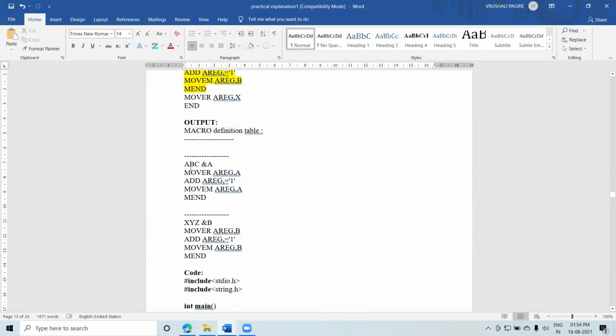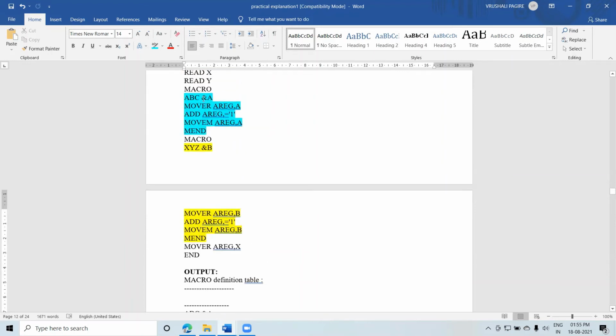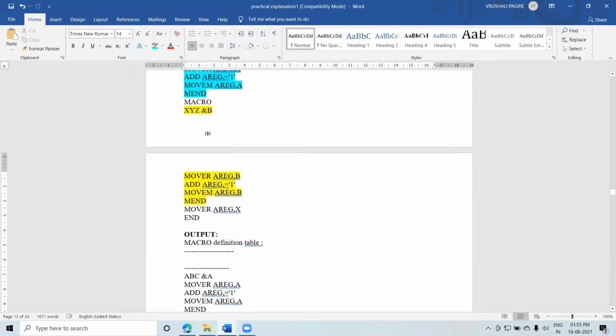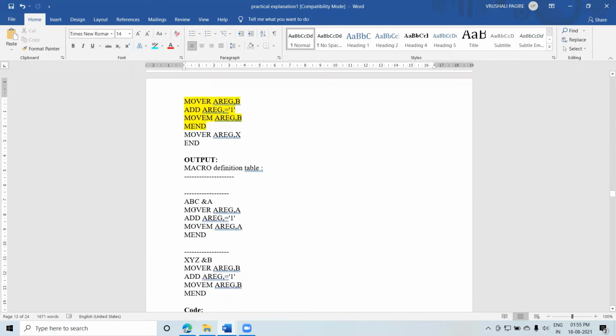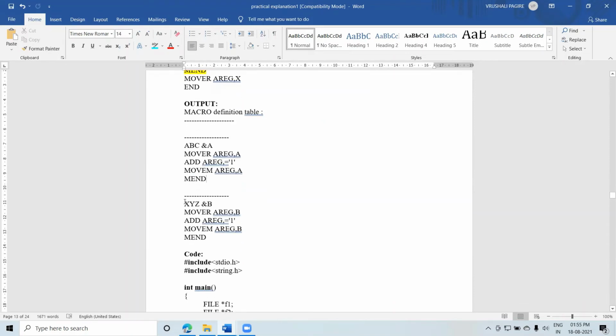Here you can see this is from ABC to MEND. Just copy it. You don't have to do any operation. Just copy all the lines, and when you identify that it is MEND, then you have to stop copying these lines. For the next macro, again start to copy from the line after the macro prototype till the MEND. Just remember, you have to copy MEND into your macro definition. After copying and displaying MEND, then you have to stop.